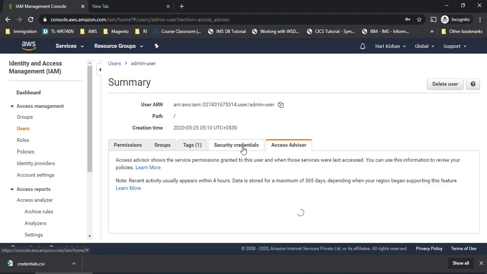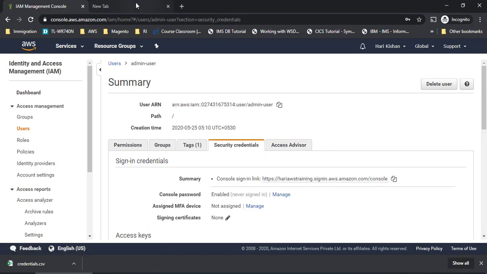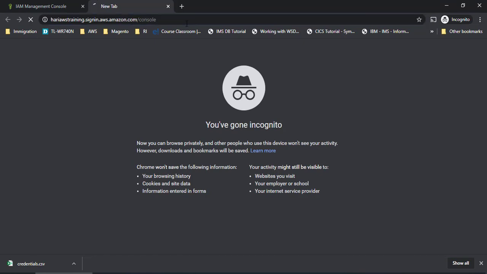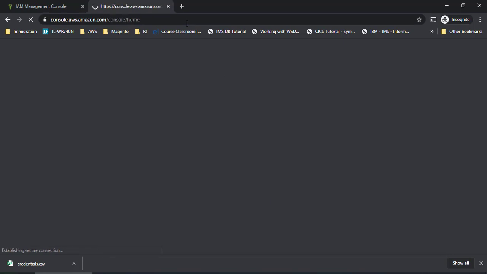Okay, so now let's move on to this particular link. I have copied that link. I'll open it in a new window. Now once I get that console page, I'll have to log in with admin user, which is my IAM user and not the root account. Root account, I am going to forget it completely because I don't want to use it now.